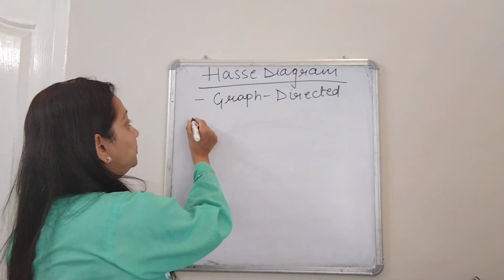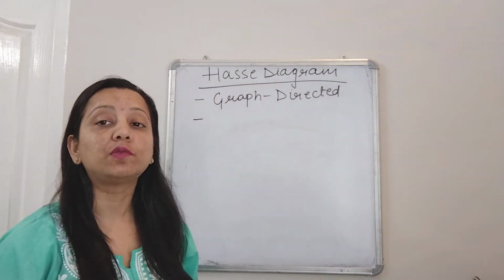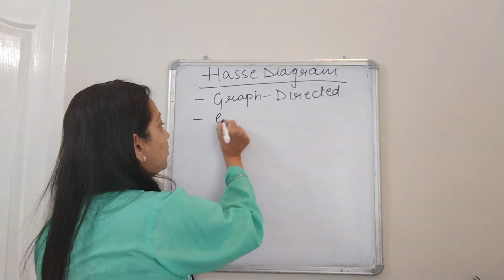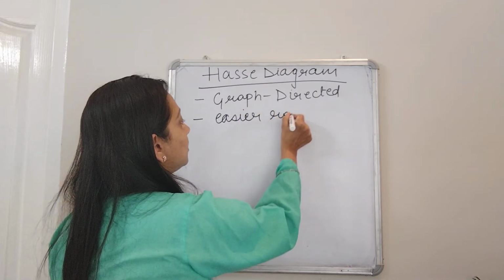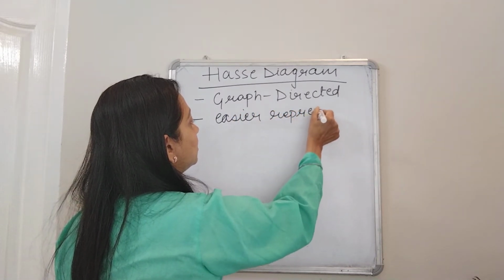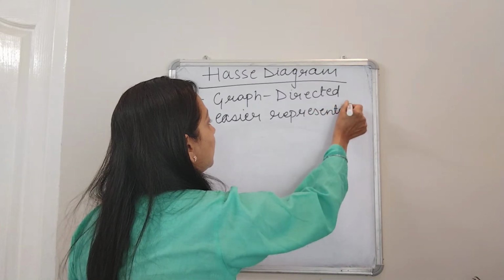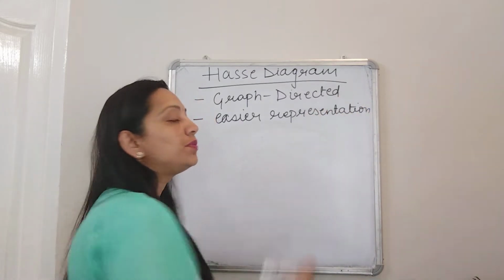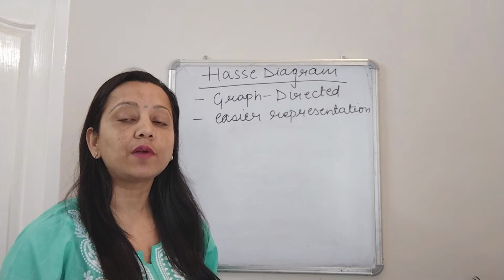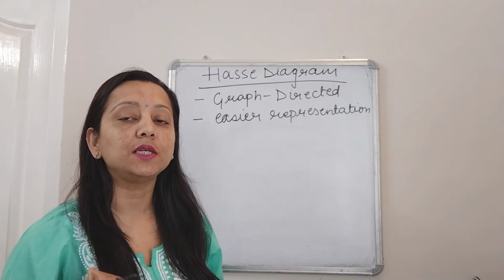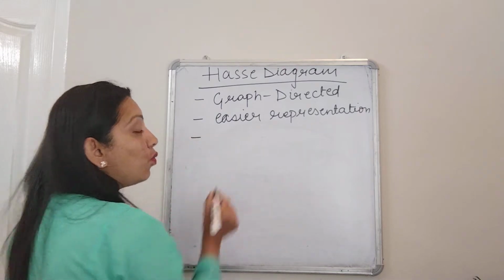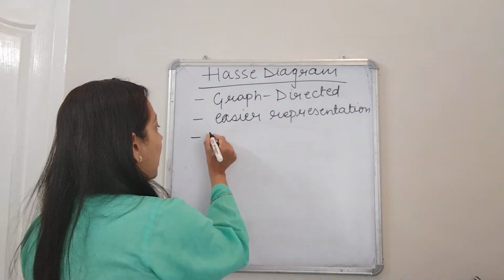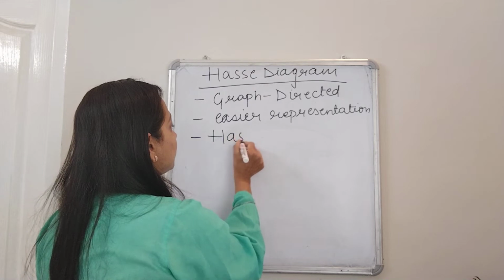One more thing, why do we use graphs in the first place? Because graphs provide you with an easier representation. It is easier to represent a relation using graphs. The graphical representation reduces the complexity. And one more important thing, a Hasse diagram